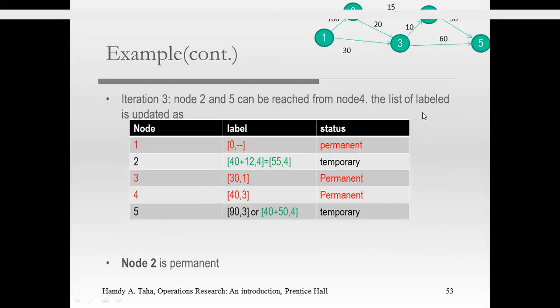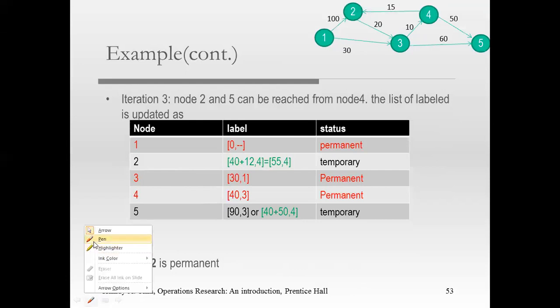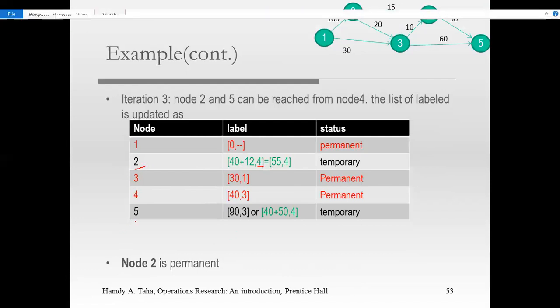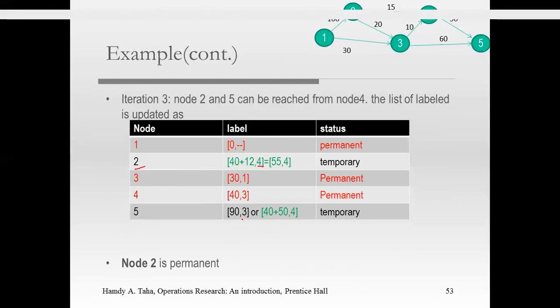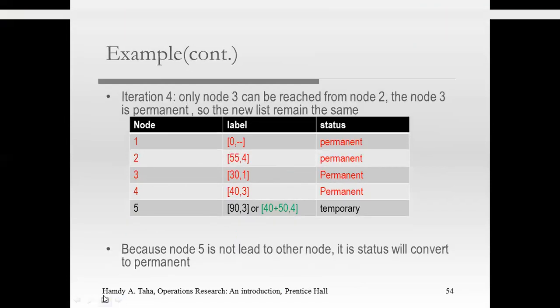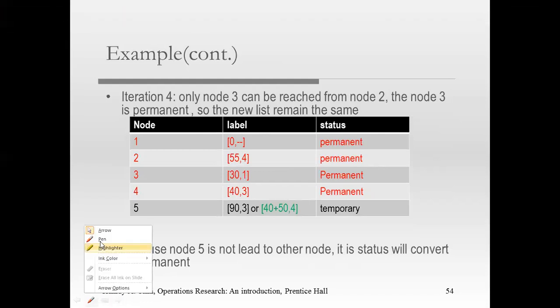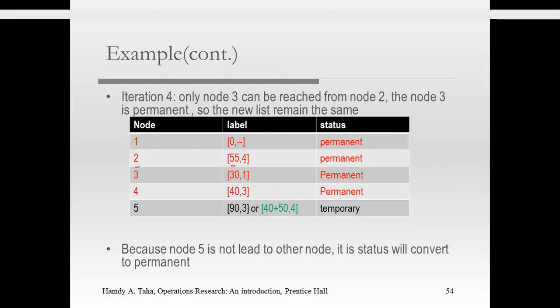And then now to reach 2, we can go from 4, and also we can go from 1. But here the shortest route is not from 1 but from 4. That's why here node 2 is connected from 4. Node 2 here connected from 4. While node 5 is connected from the shortest. We have 2 options, connect from 3 or connect from 4. Which one is the shortest? Node 2, 55 is the shortest. That's why we connect node 2. You see in here. Node 2, 55 from 4.